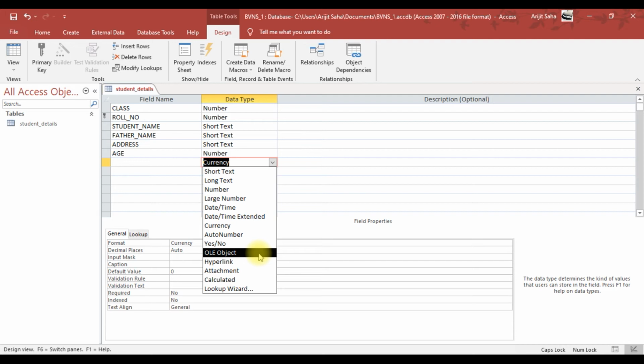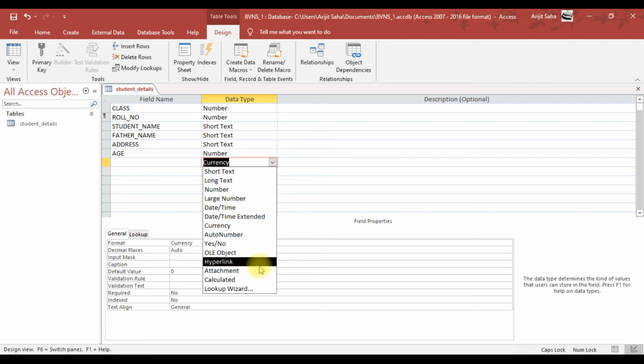Suppose I want to keep a database of all the students who have submitted their presentation files to me. I can store those presentation files in a single database, and whenever I need to mark a student, I can mark them from whatever presentations they have submitted. I can definitely do that.